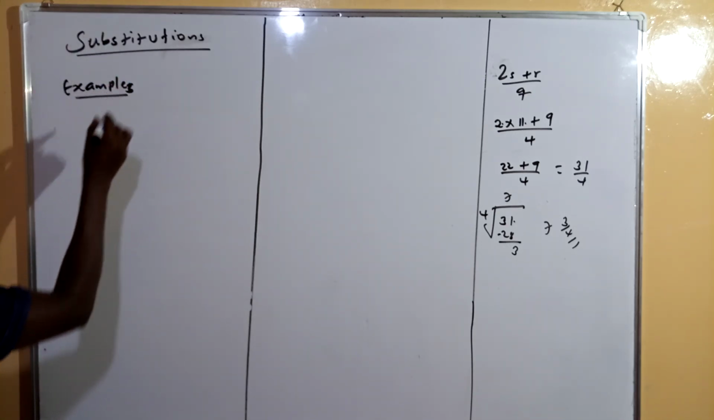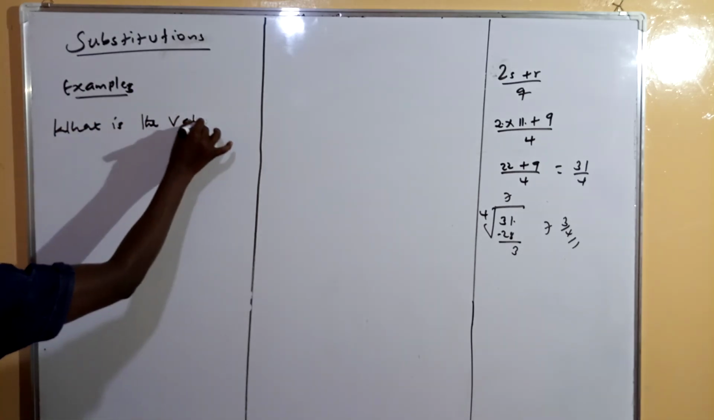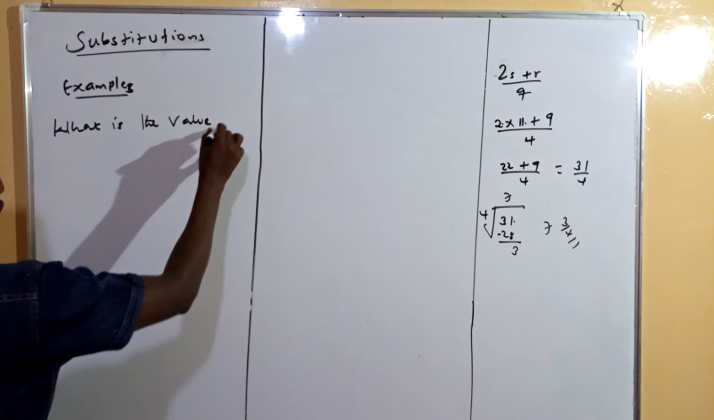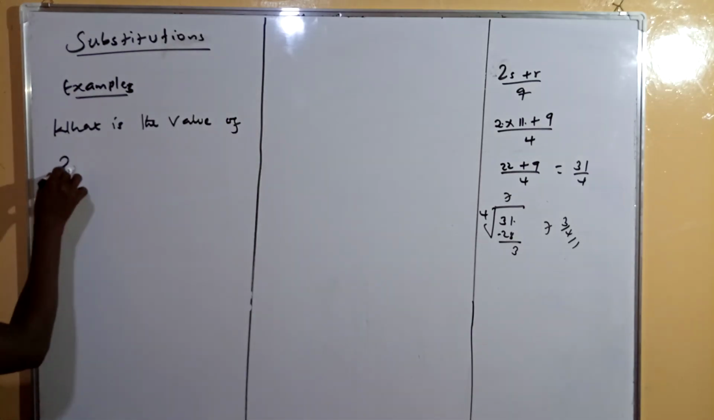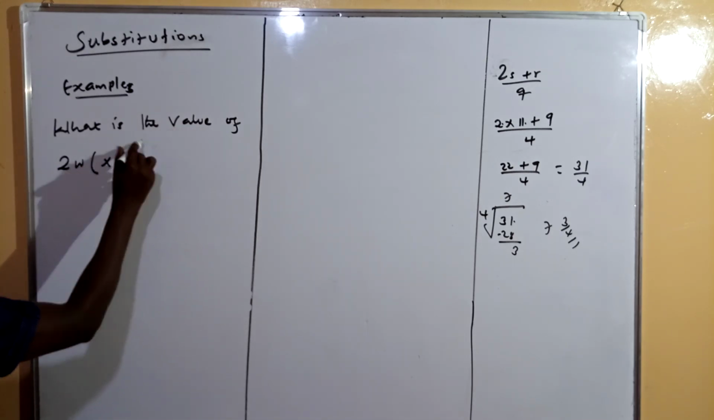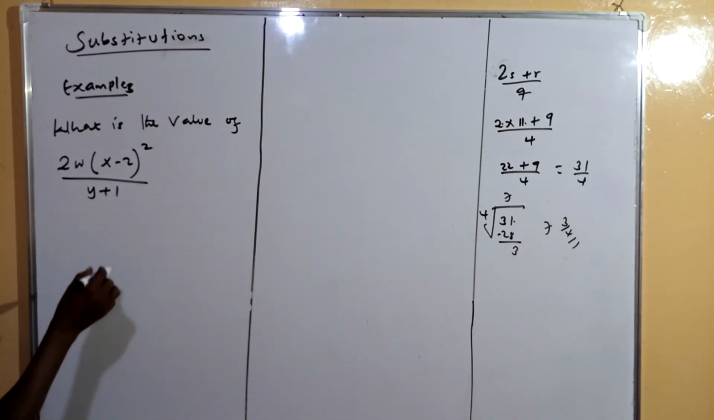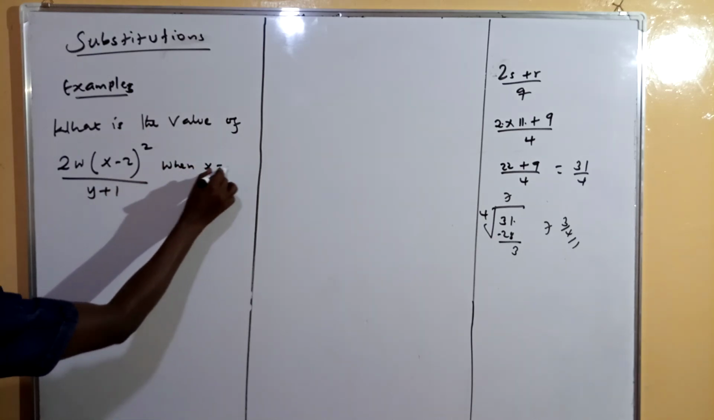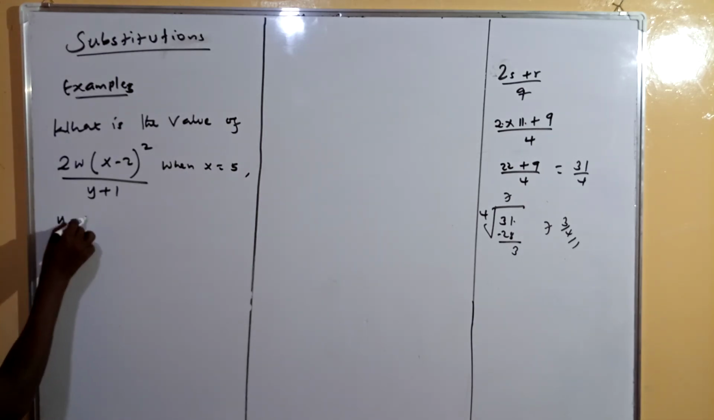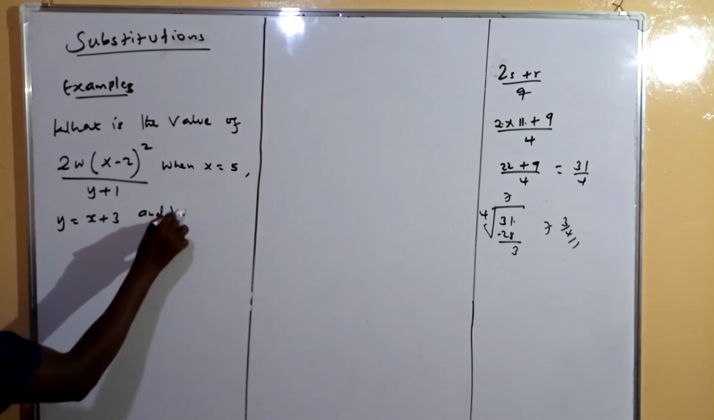This is example 3. You're told, what is the value of 2w(x minus 2) squared, divided by y plus 1, when you are told x is equal to 5, y is equal to x plus 3, and w is equal to